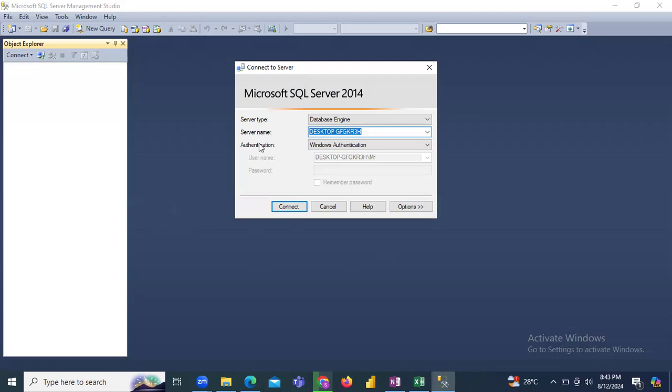Once you open it, it will show you like that: connect to server type. I'll show you later, and we'll discuss these concepts also. Now I'm connecting to my server. This is the server, and under this we have databases. If you expand these databases,